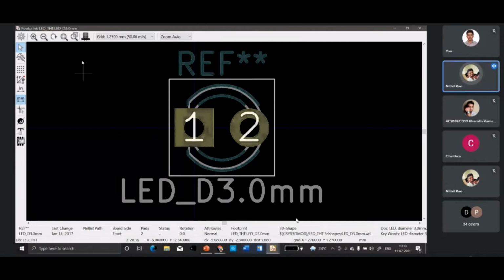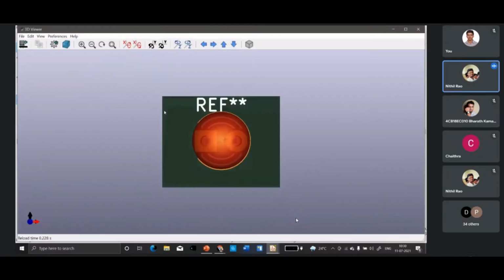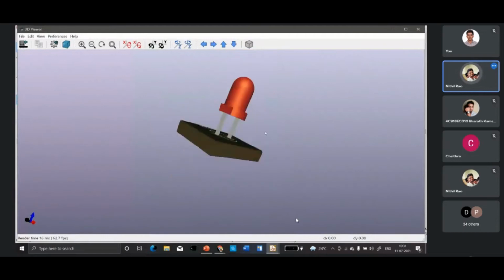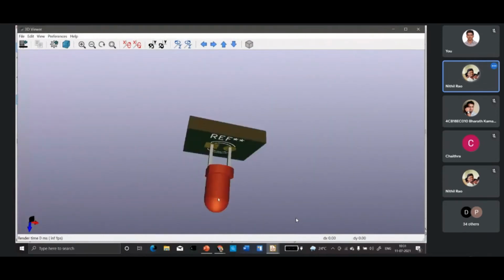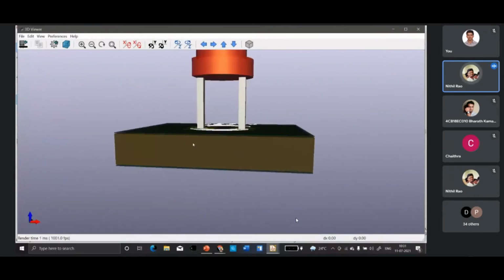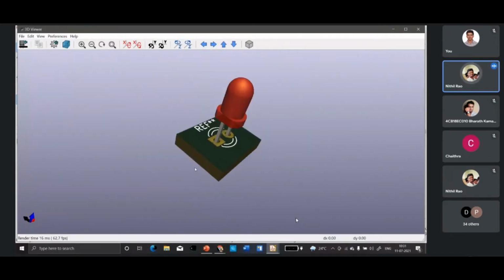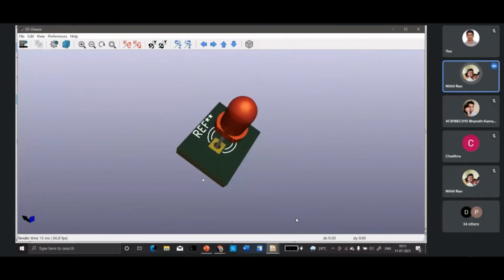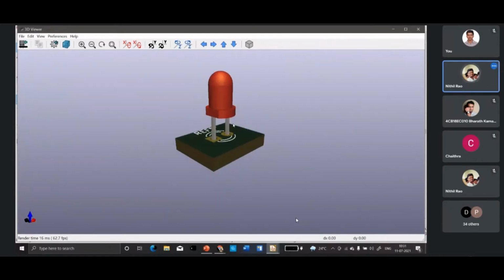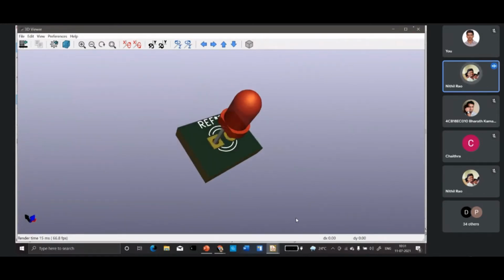If I want to see how it is going to look in real life, I have to click here on top, 3D display. This is how it will appear in real life. There is an LED which has a cathode and an anode. This is the best part of using this software, because most of us want things to be attractive. If you just upload a 2D diagram and submit it to someone, nobody will be attracted to it. This is quite interesting about this software. This is how it is going to look in real life.